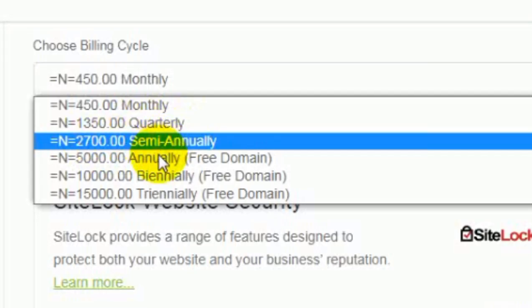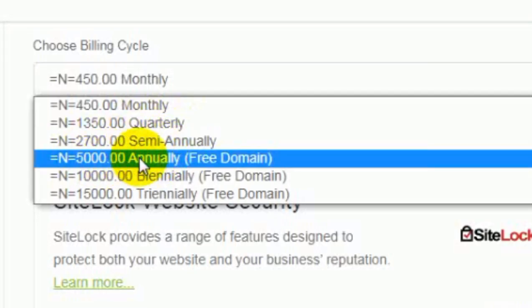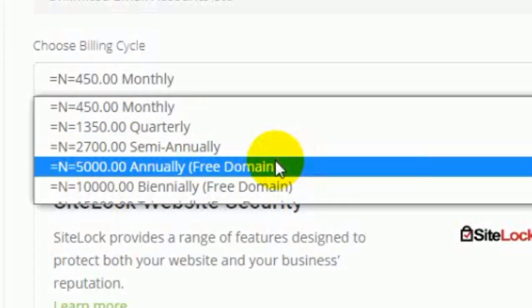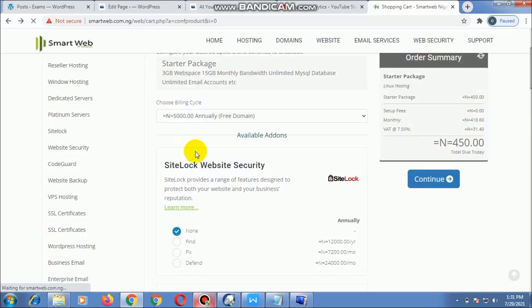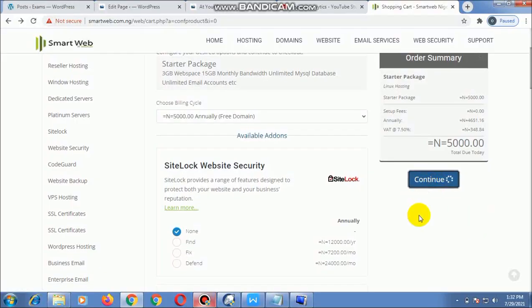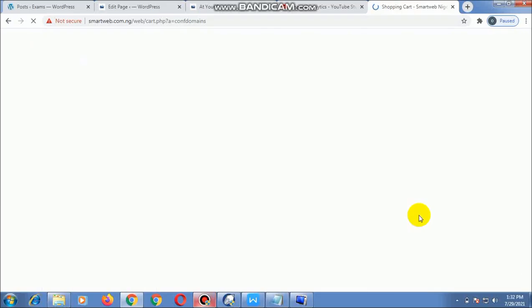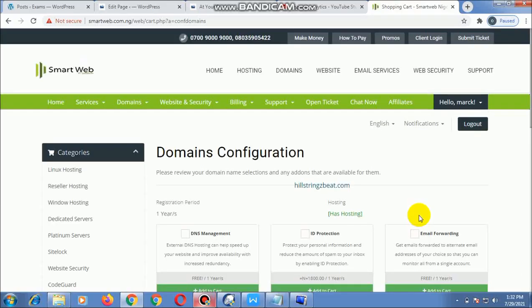So the prices are 450 naira monthly, 1,350 quarterly, then 2,700 semi-annually, and I think it's 5,000 annually. So I pick annually, as you can see. So it's 5,000 naira annually I picked. That means I'll be paying for 1 year, 5,000 naira. Okay,